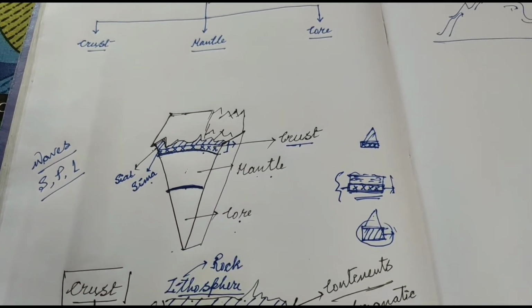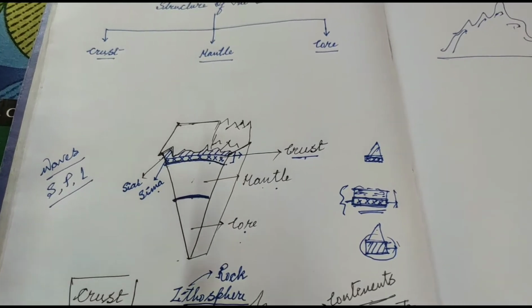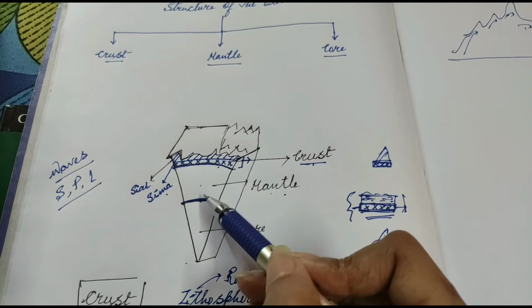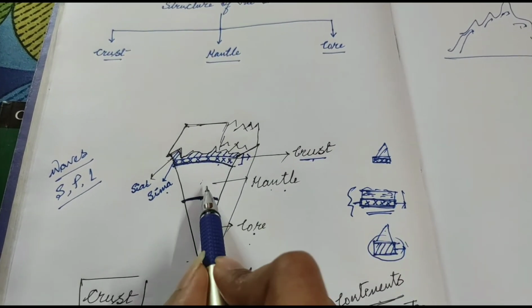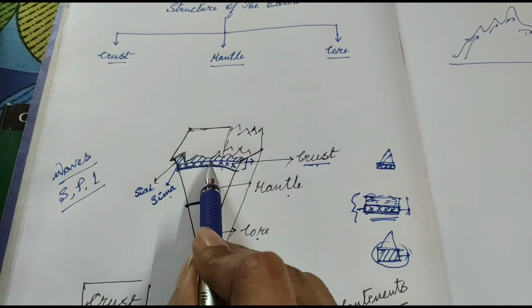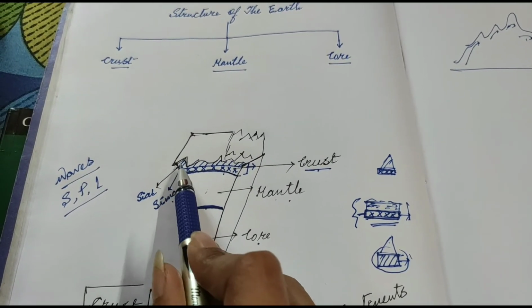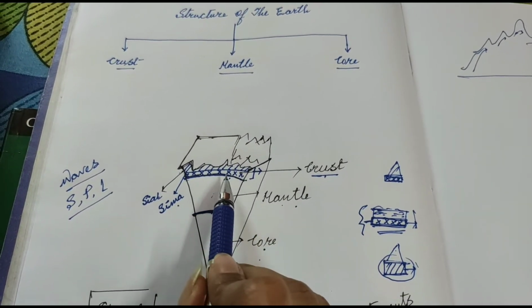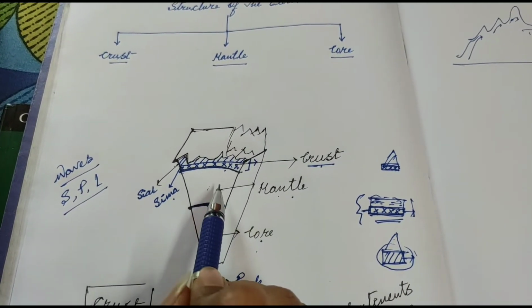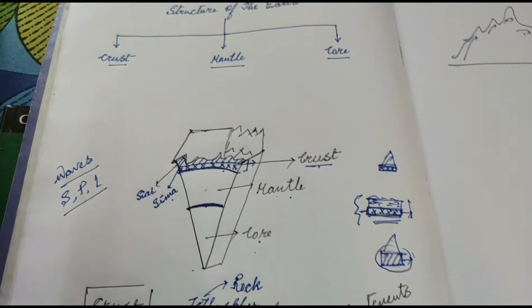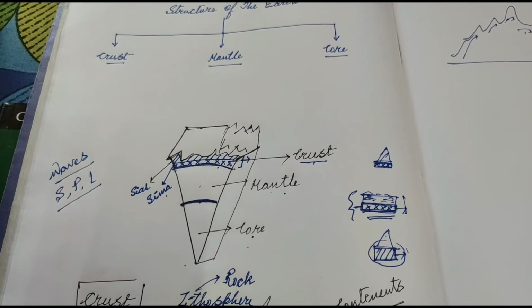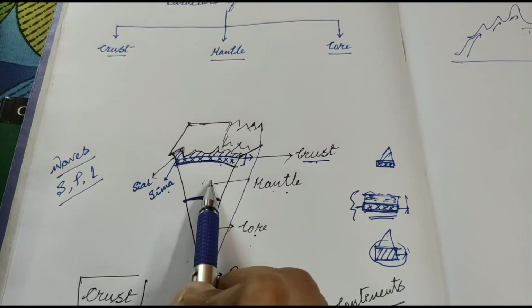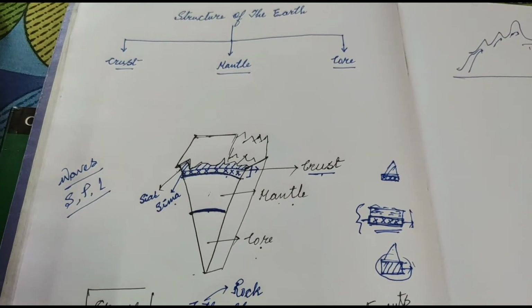So when scientists and geographers research in that portion, they see that up to a certain portion, after that some layers are changing. When I teach you the mantle, at that time you will see here we are seeing the Cl and Cma, means silicon, aluminum, silicon, magnesium. These elements are here. In the mantle, these will be changed, and the temperature will be changed. In the crust portion temperature is different, mantle portion temperature is different, and the core portion temperature is different.